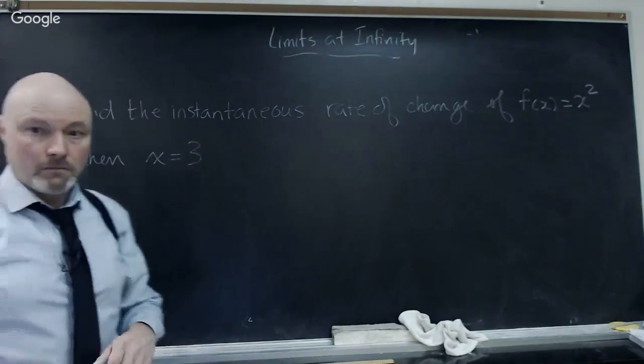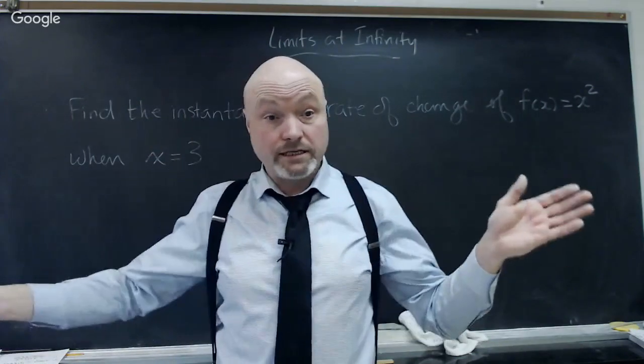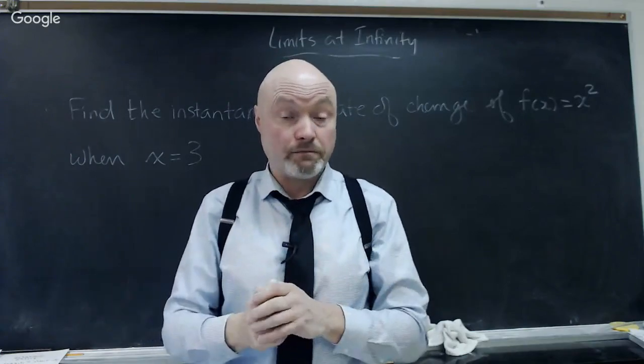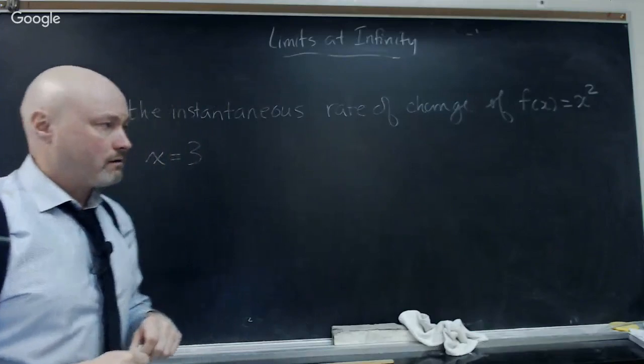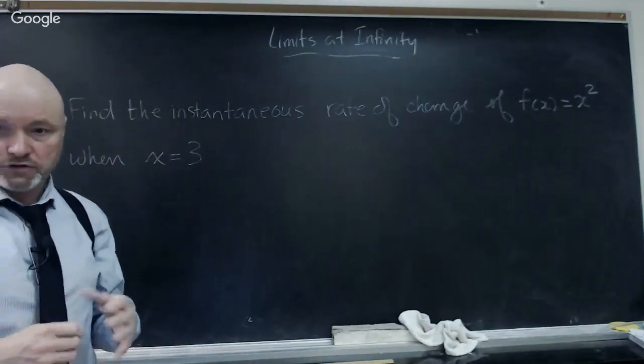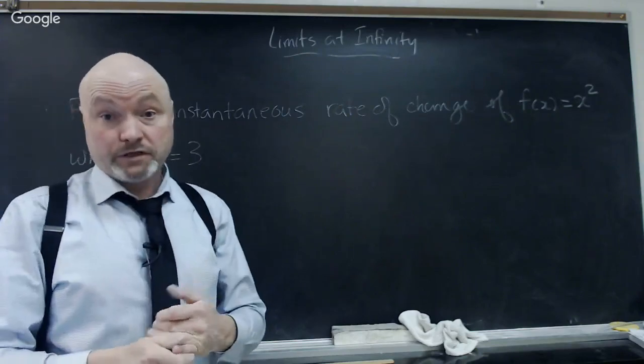And so we're going from finding the slope of a secant between 2 points to finding the slope of a tangent at a precise point. And there were two versions of this where we were using the difference quotient,